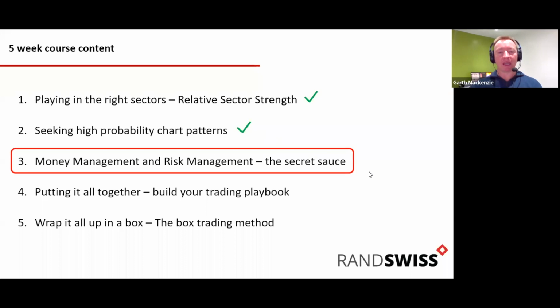This week, we're looking at money management and risk management, and I've called it the secret sauce because that's truly what I believe it is. I think this is where you succeed or fail as a trader, in your money management and your risk management. All of the other stuff, finding the right chart setups and looking for high probability patterns, it's all good and well. Those are helpful, but really where your trading will succeed or fail is in the money management and risk management